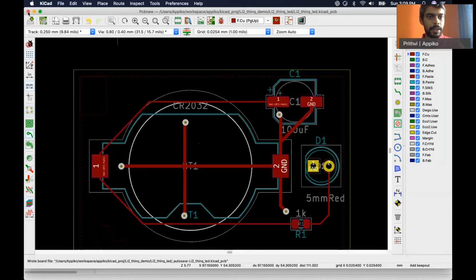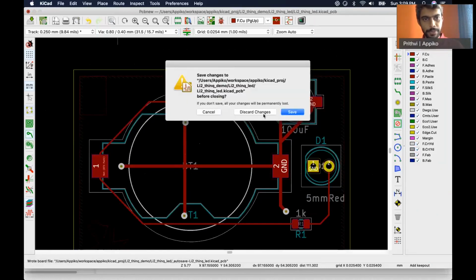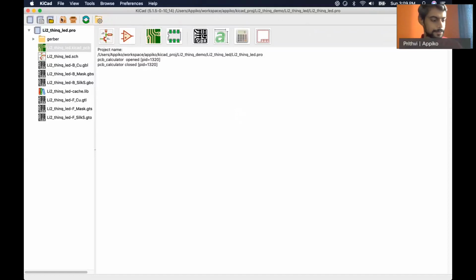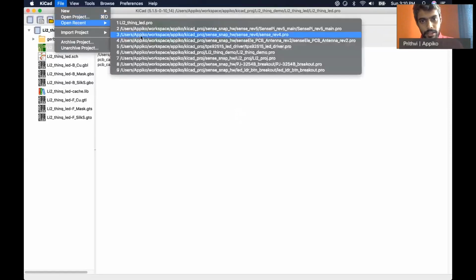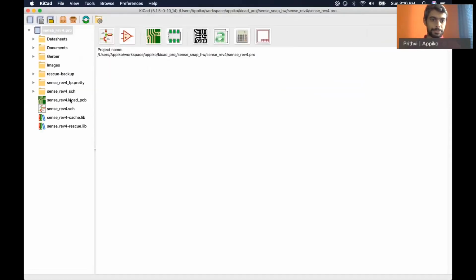Right, so let's take a look at SensePy as a product, and then look at how we have come up with designing the product, right from what it needs to do, how we chose the components, how we design the circuitry, and the user experience. So let's open the first version of the design.